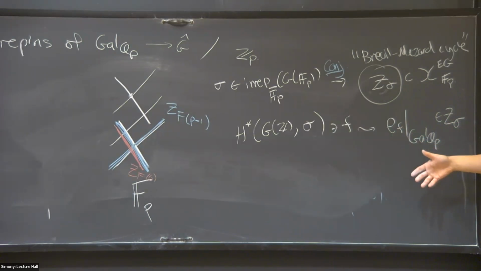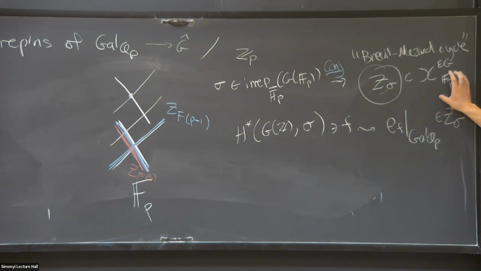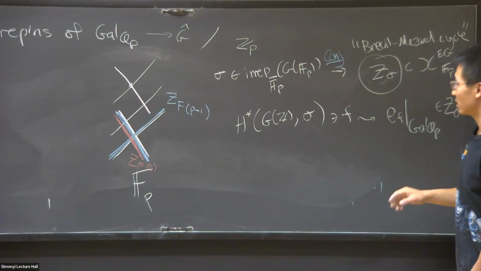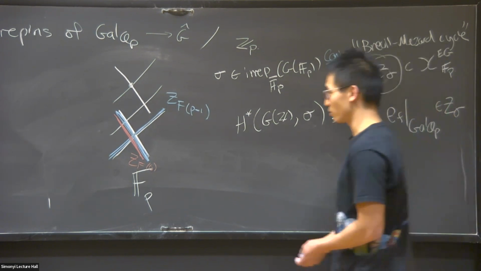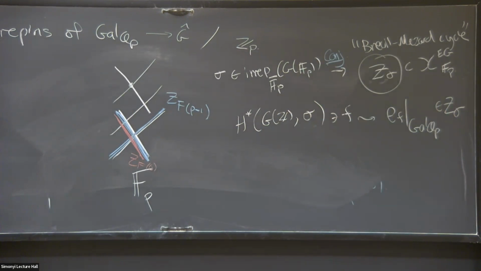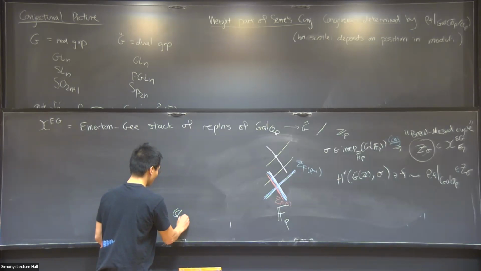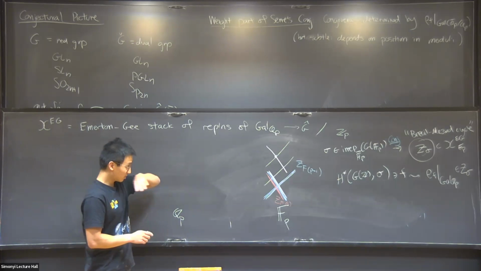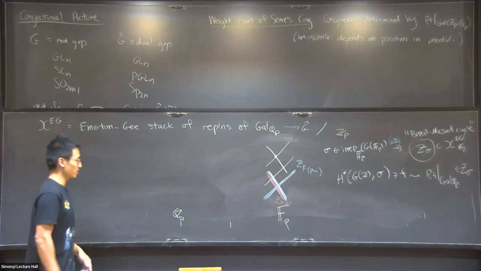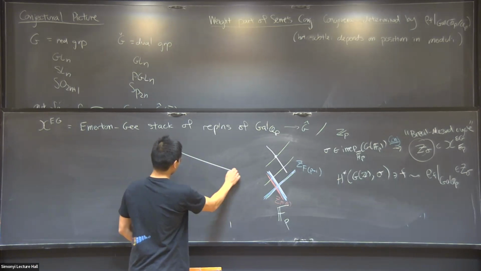So we're led to be interested in the purely local question of constructing such a cycle inside the moduli space of local Galois representations. That's actually what I really want to focus on talking about. And the Breuil-Mezard conjecture is a way to try and pin down who this is, or to give constraints on who this is. So the idea is, let's look at this moduli space, not just representations in characteristic p, but the whole thing. So we could also consider representations in characteristic 0. And here I'm lying slightly, where I'm pretending this is a stack over Z_p instead of a formal stack over Z_p. But it's a good approximation to the truth.